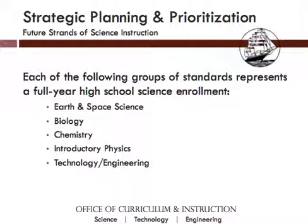So here we come to the high school level, and again, thinking back to that graphic we looked at with the course progressions, the Massachusetts draft standards offer us information regarding how we develop year-long enrollments, year-long courses, and these are the 5 areas on which it concentrates, really leaving us in a position where we don't deviate much in course offerings, but we do bolster the content and the delivery through instruction within those courses in light of the cross-cutting concepts and some of these other focal points